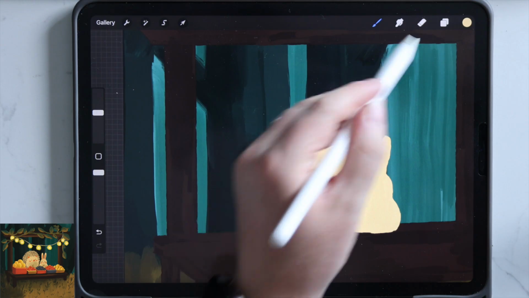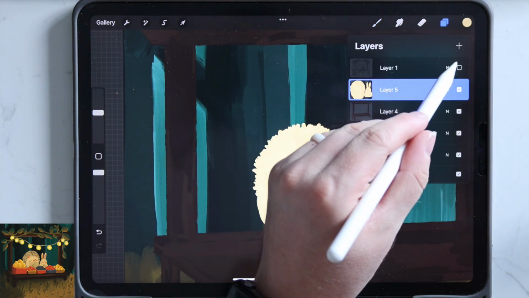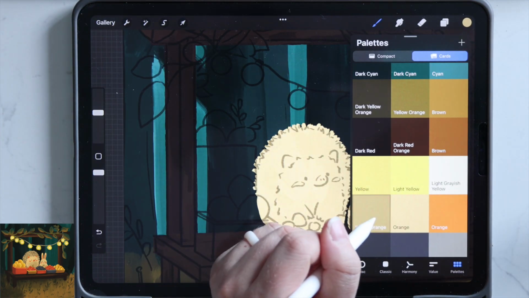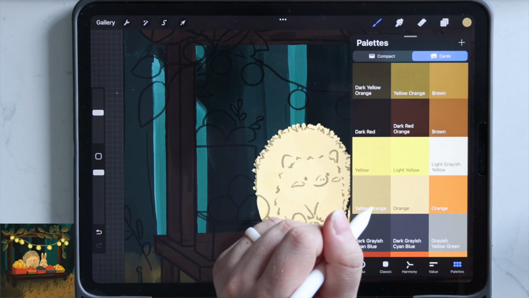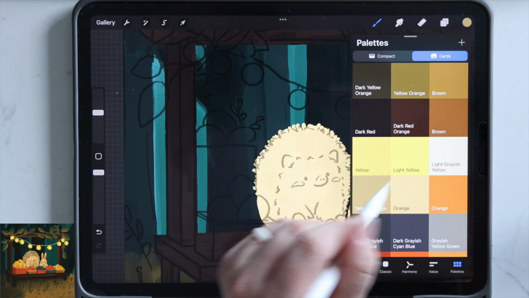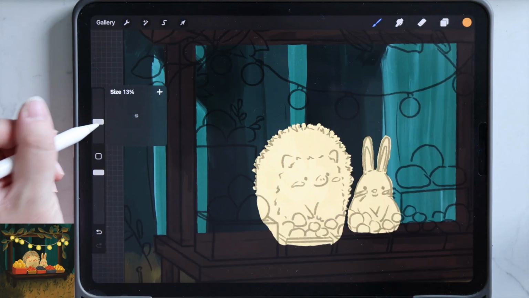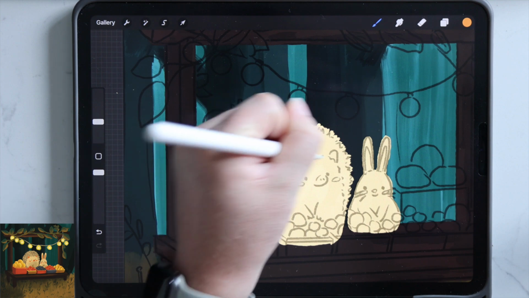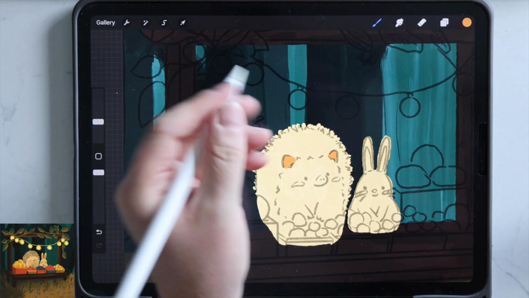Now I'm happy with the shape of these two animals, so I'm going to set that layer to alpha lock so we can start adding details. And I did keep these on the same layer because there's no overlap between these two characters. If yours are going to overlap or you want them to overlap, I would suggest doing these on two separate layers. Right now I'm grabbing that orange color from the color palette and I'm adding in the centers of the